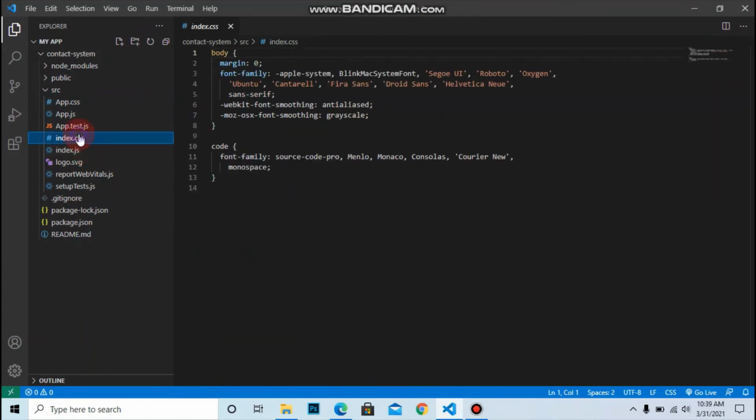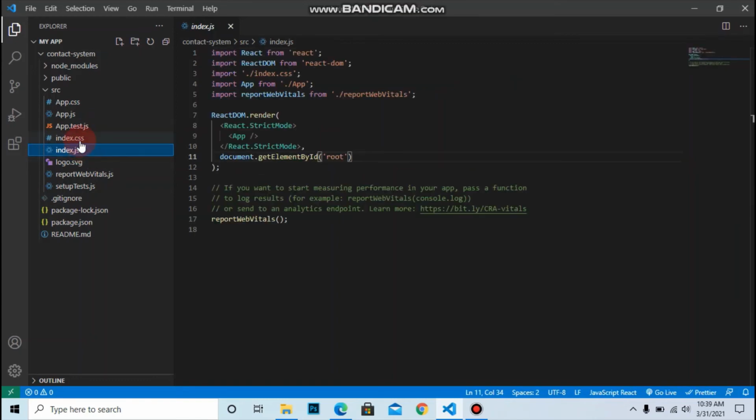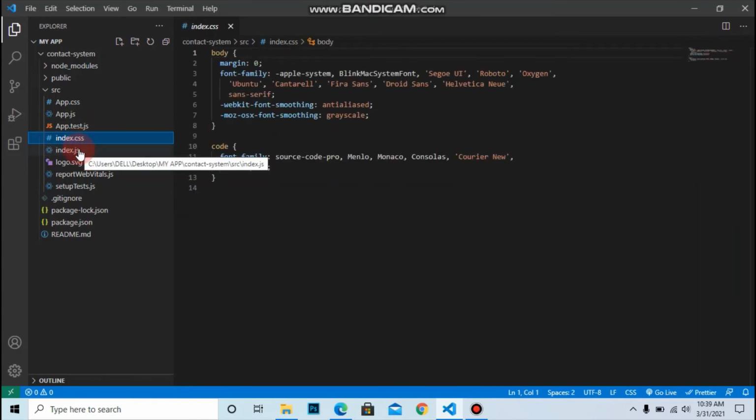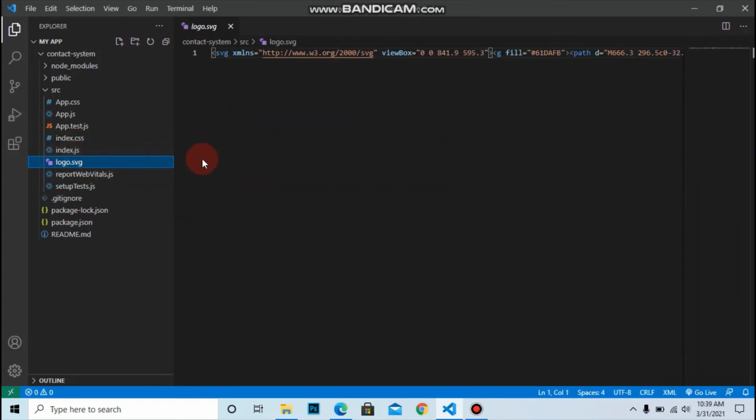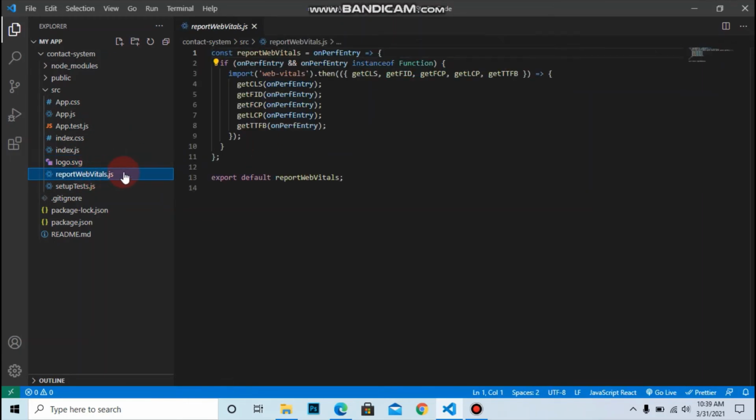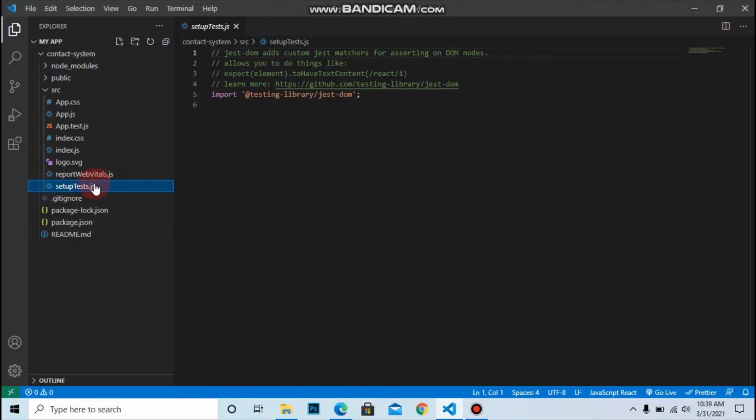Then it contains index.css for styling index.js. Then it contains the logo.svg logo file, reportWebVitals.js, setupTests.js, and other files. These are the files and folder structure of a React app.